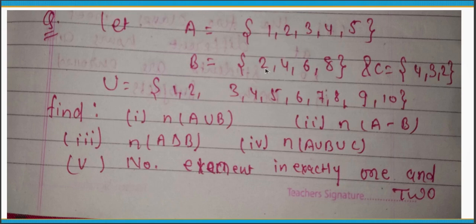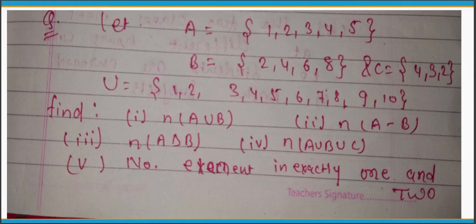Now you can solve it by this set of A delta B, which means neither; here remove 2 and 4, and here also remove 2 and 4. The 1, 3, 5 union 6, 8 means 3 elements from set A and 2 elements from set B, which means the number of elements of A delta B equals 5. This formula is also proved.